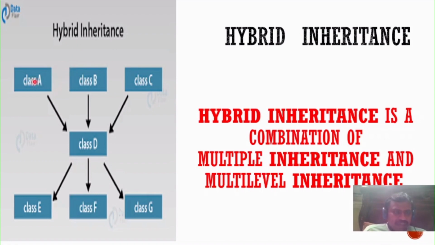This is an example where you can see how hybrid inheritance works with respect to this particular figure. Class A, Class B, Class C are going to have distinct characteristics or features. These features are going to be derived to Class D. Now this Class D is going to contain all the characteristic features of Class A, Class B, Class C. In turn Class D is going to act as a base class, and further it can derive n number of derived classes such as class E, class F, class G. Now these are going to share the properties of D which are inherited from class A, class B, class C, and such type of inheritance is called hybrid inheritance.